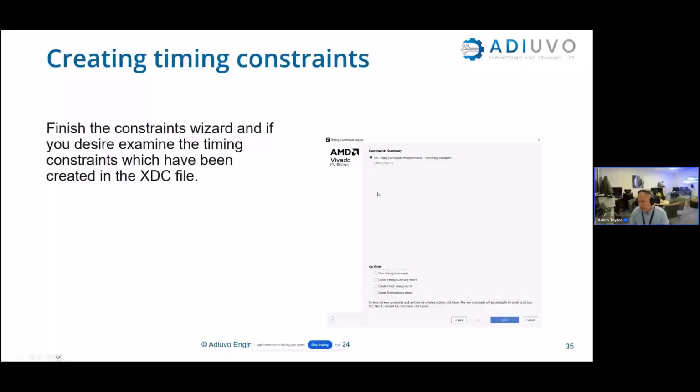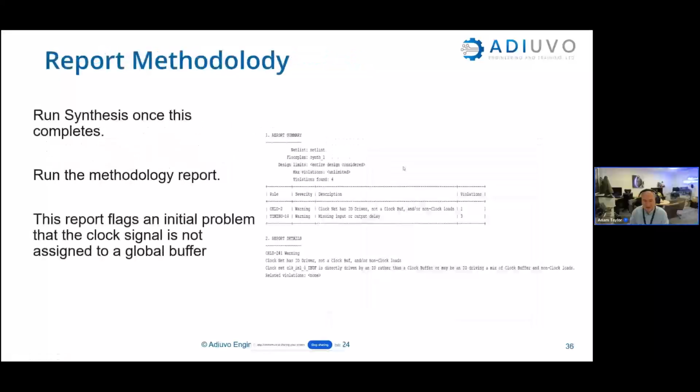And if you want to, this will show you the create clock, and you can then jump to the timing constraints in there. What we did then, with the design in the Vivado synthesis view opened, once the synthesis had been recompleted, because if you define the constraints you've got to rerun the synthesis, I ran the methodology report,